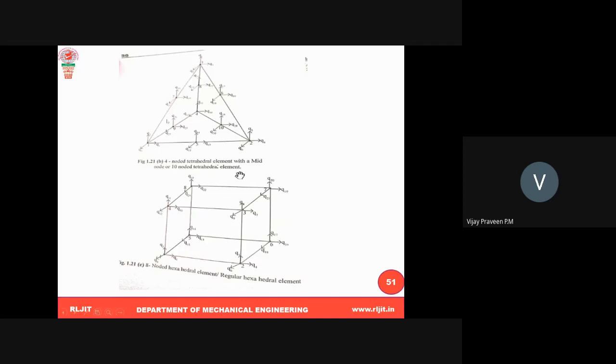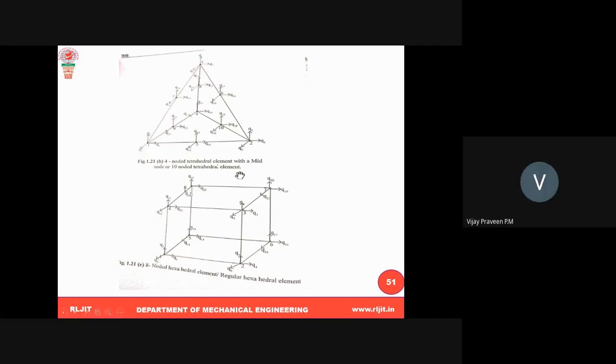Again, this is 10-noded. 10-noded means in between these nodes, they introduce one more node. Here, here, here, here, here. Therefore it becomes 10-noded. So 10 threes are how much? 30. Total nodal displacements become 30. Again, this is called hexahedral, like a rectangular box. Again, this is 8-noded. Usually hexahedral is 8-noded because there are 4 plus 4 corners, which becomes 8 nodes. In each node, there are 3 nodal displacements. Therefore, 8 threes become how much?